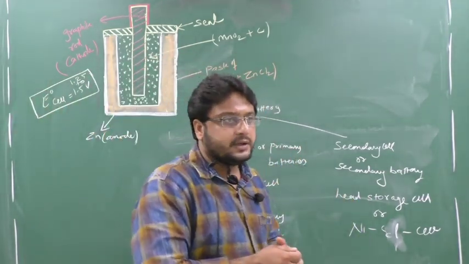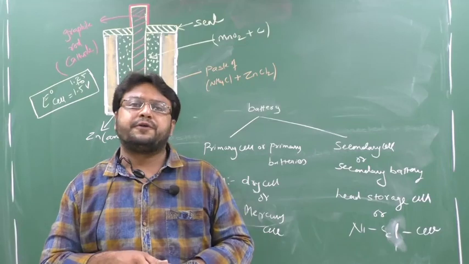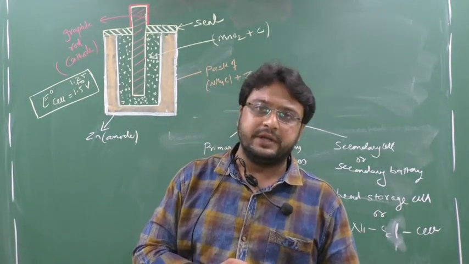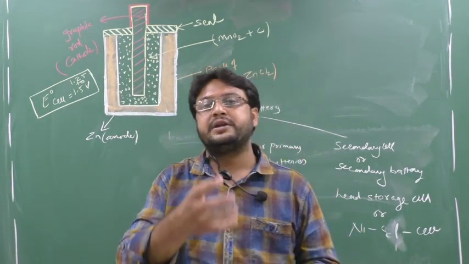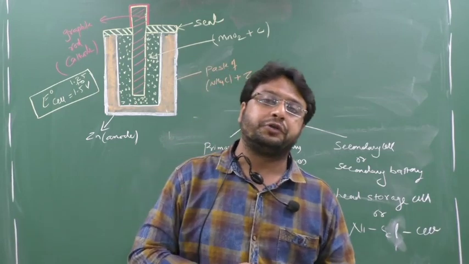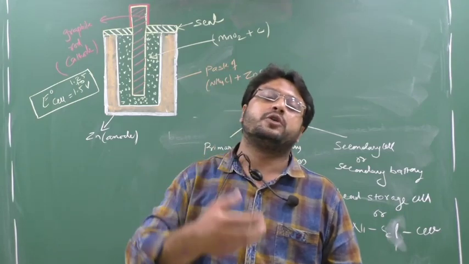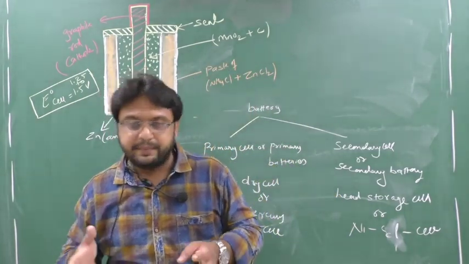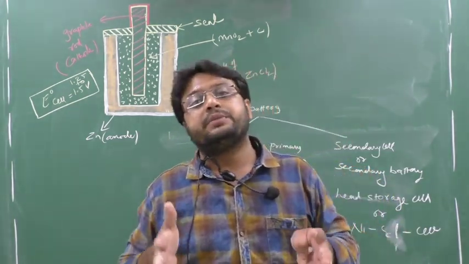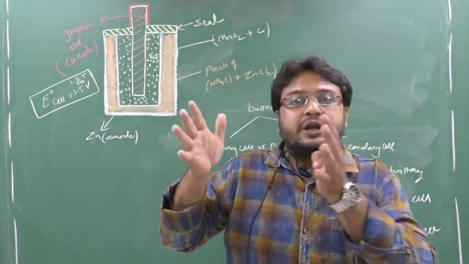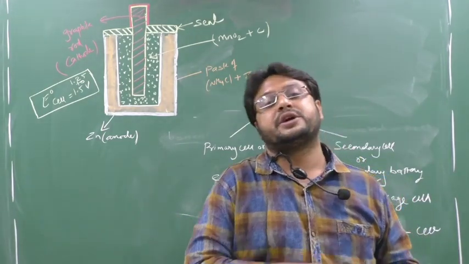But if you have a bike or a car, or a scooty or moped, after 4-6 months sometimes your headlight becomes dim and the self-start is not working properly. When you go to the mechanic, he says your battery is dead, so you have to keep it for recharge. You take the same battery which is in your bike, scooter or car, recharge it, and again your vehicle starts working properly. Means that battery can be recharged back. Such batteries, which are used in trucks, cars and bikes, are known as what?